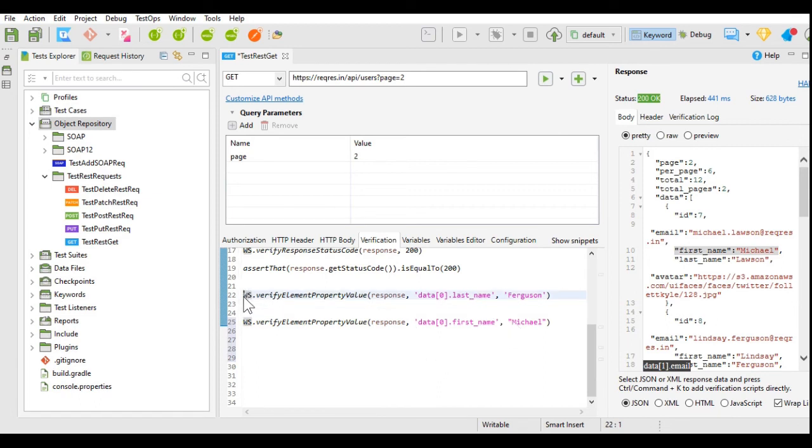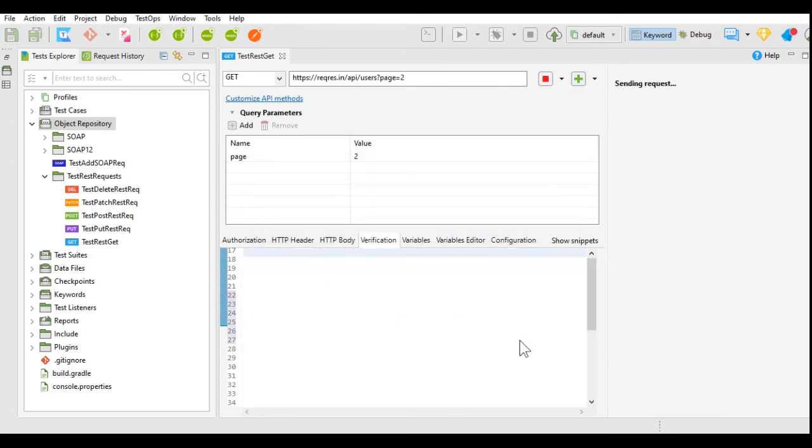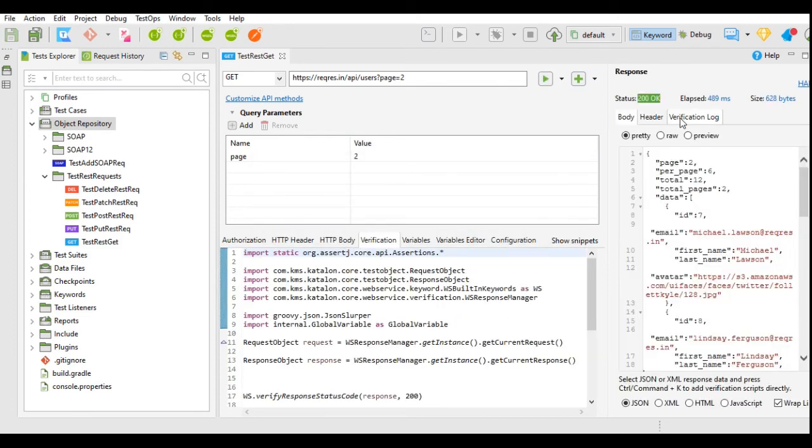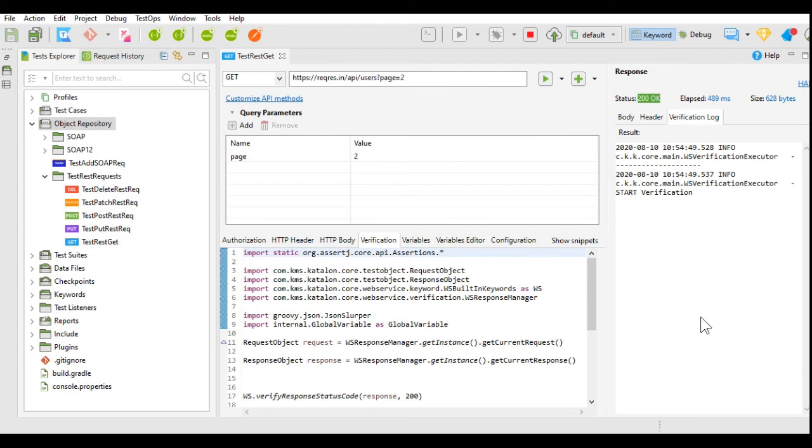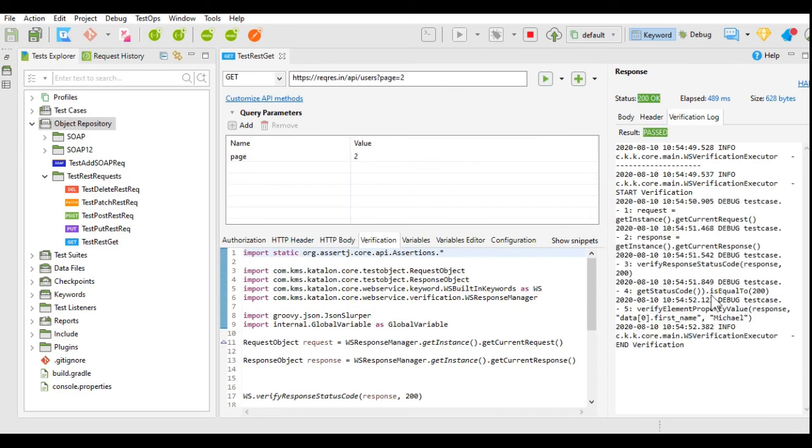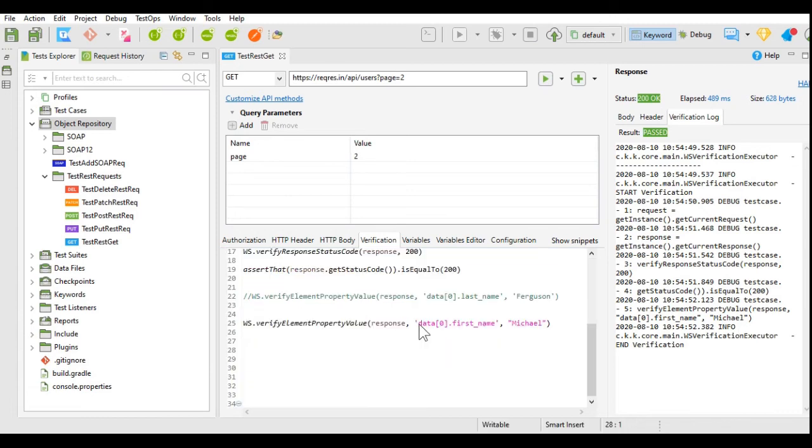I will comment this code for now and we will execute this. If we go to verification log and check, it will give the result as pass because the actual and expected result are matching.